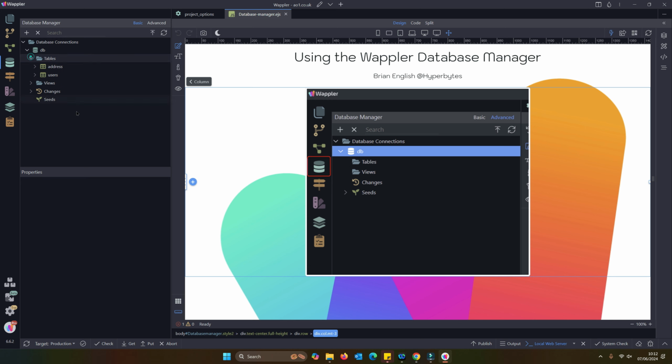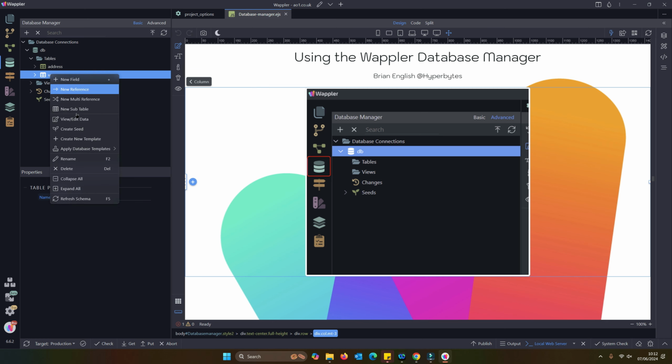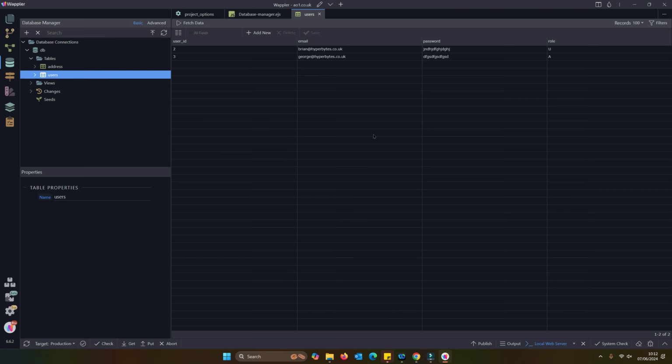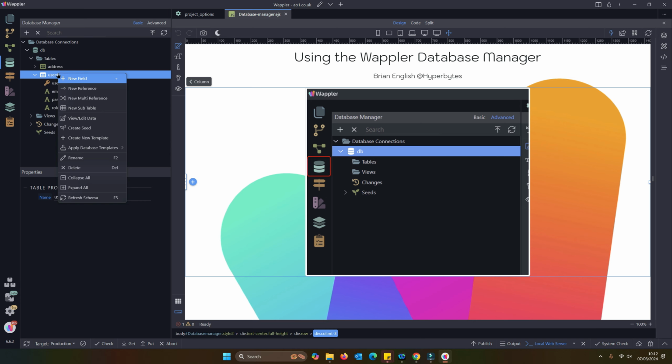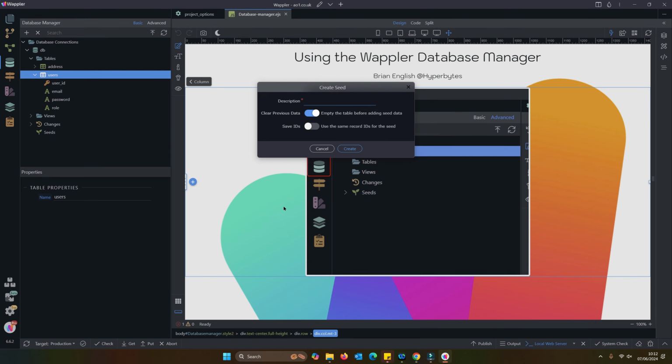So basically, if we take a table, and I'm just going to show you the data in here. I have added a little bit of test data. We can take a snapshot of that data and keep it as a seed, so that if ever we need to restore that data back into our system, we can do that. So if we go into our users table and say create a seed, you'll see it's a slightly less sophisticated input than the templates.